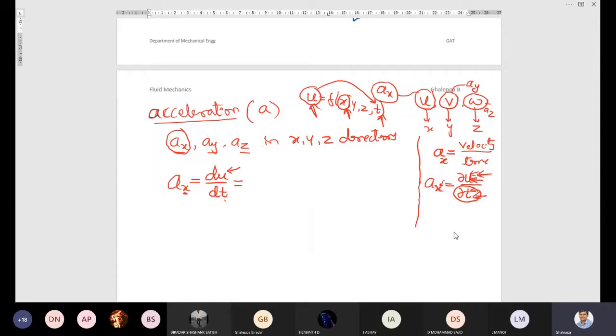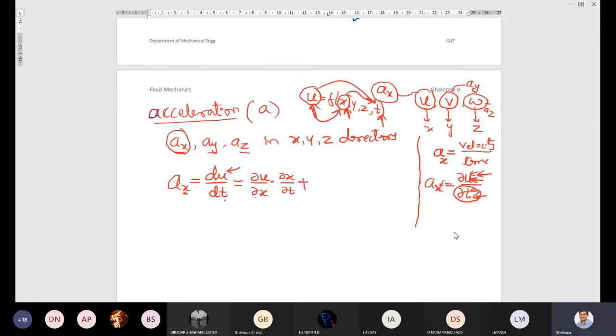So I will apply the partial differential equation. First I will apply dou u by dou x. What do I do? This u is dependent on x. I have written like this: u is dependent on x. At the same time, x is dependent on time. So what will I write? Dou x by dou t. This is the chain. So if you cancel dou x, the equation will remain the same. It will not change. Okay.